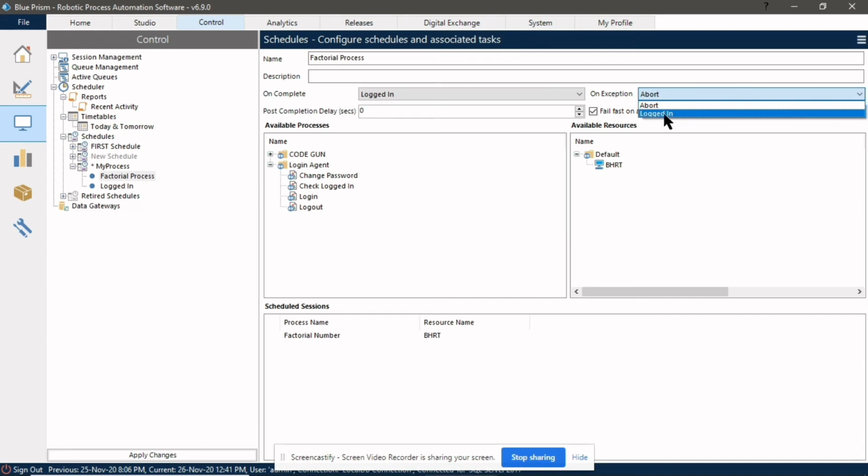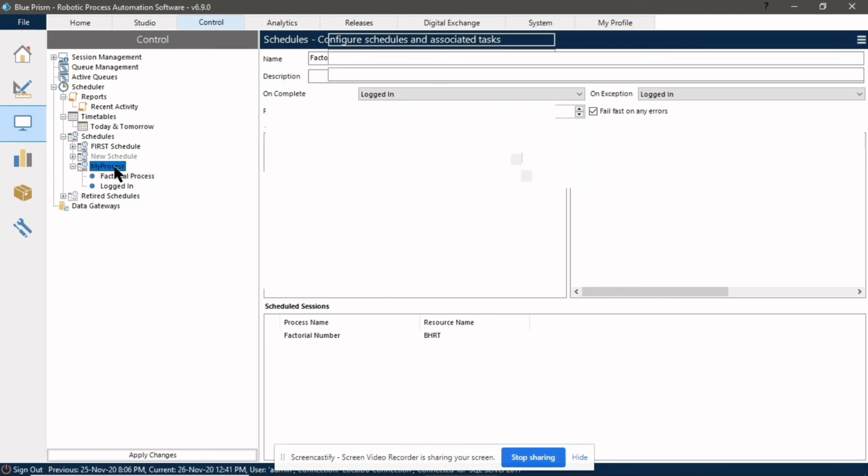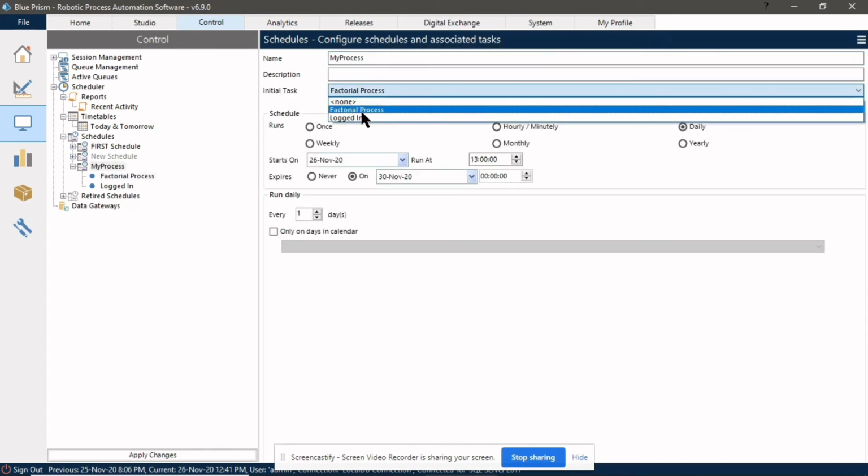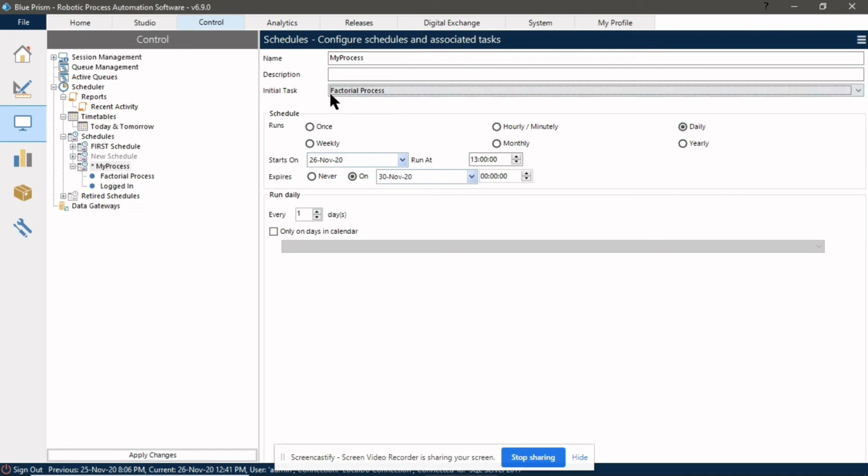So here you can select that, apply changes. We have added the initial task. You can add any task as the initial task.